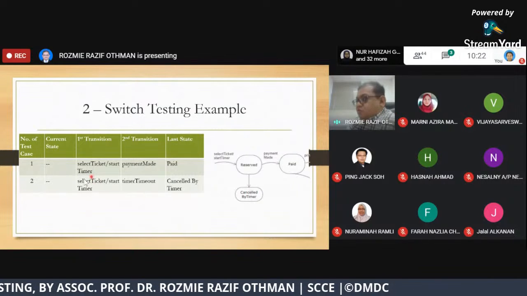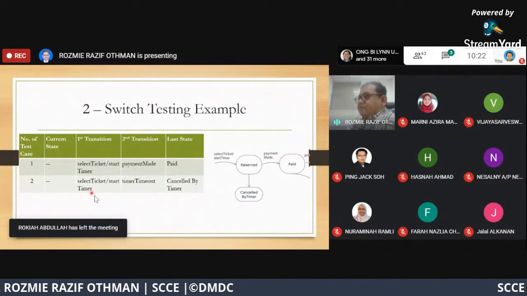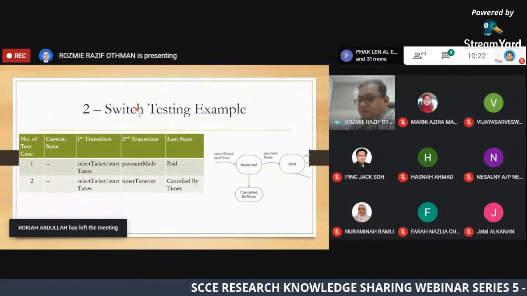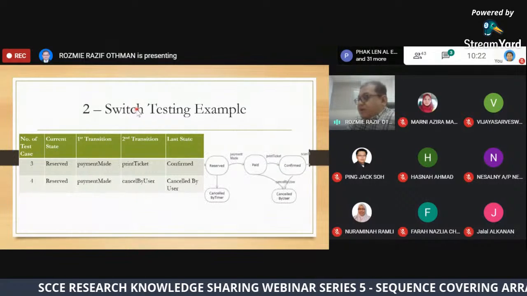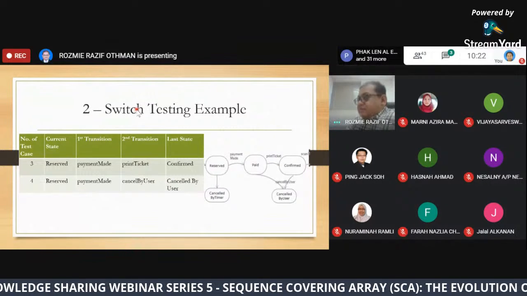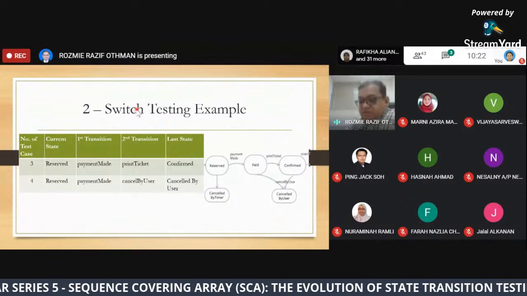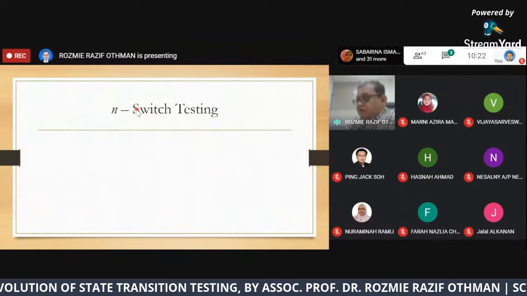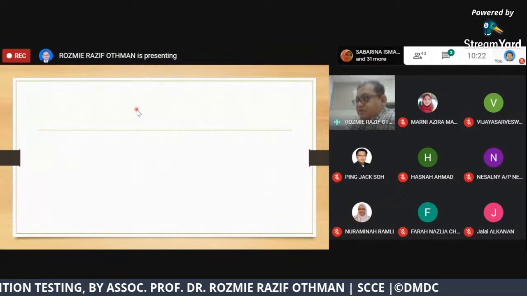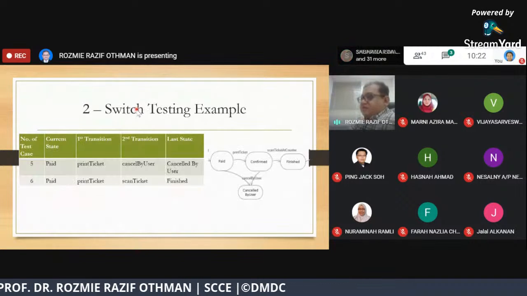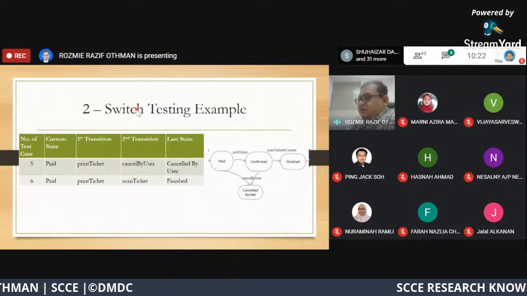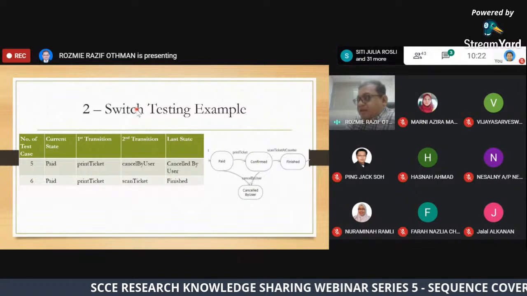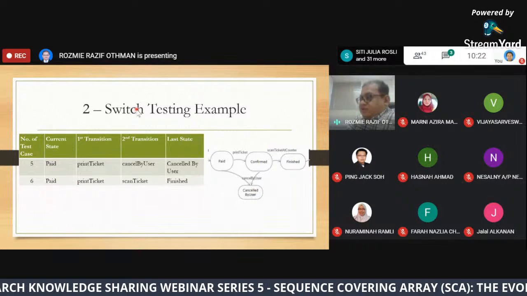So these two transitions at a time is what we call two switch testing. By designing the test using two switch testing for the same system, I think we will have around 6 test cases. So it is a little bit less compared to one switch testing.